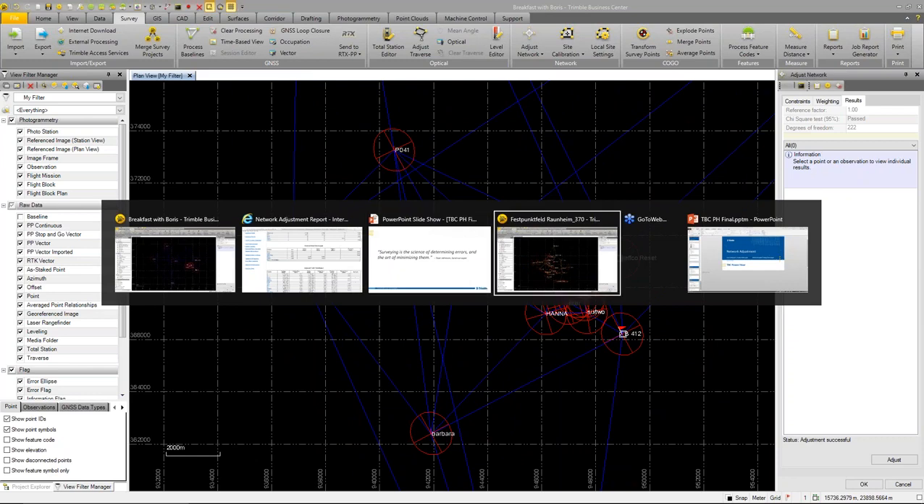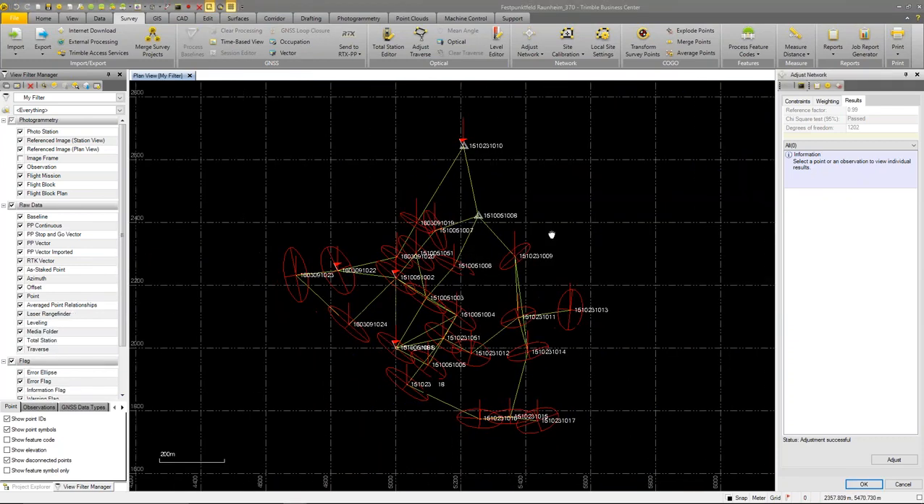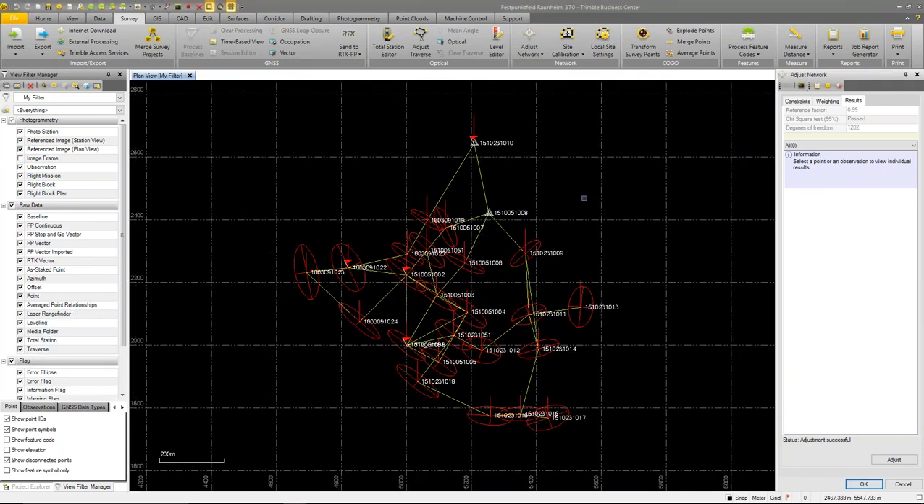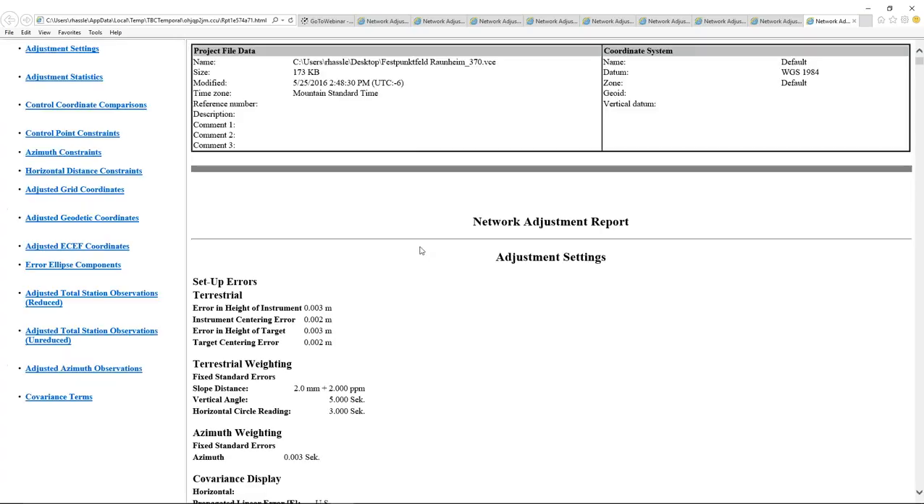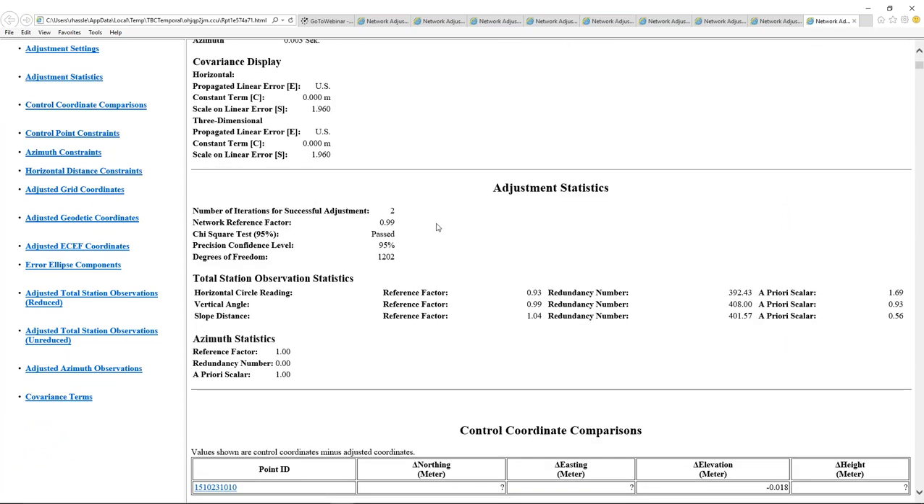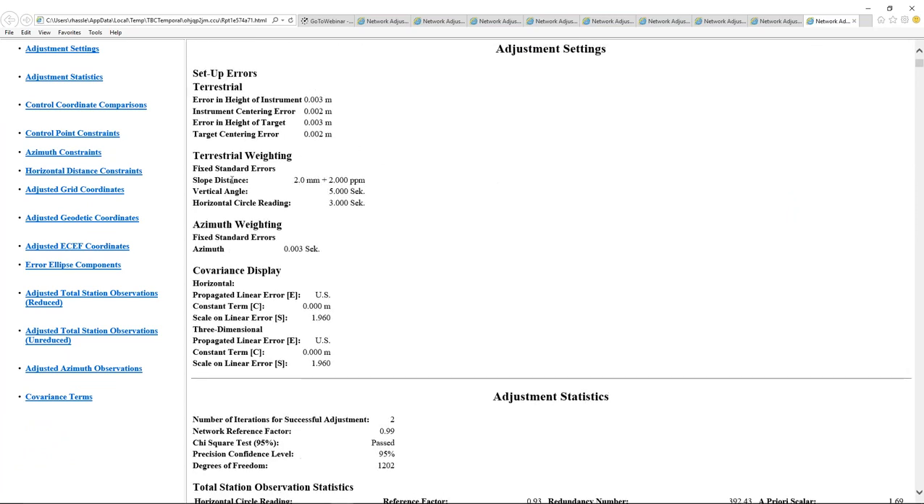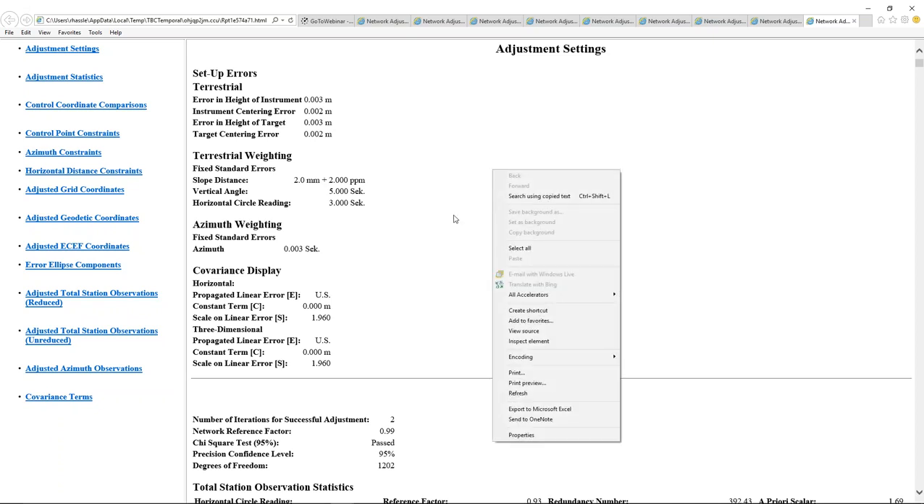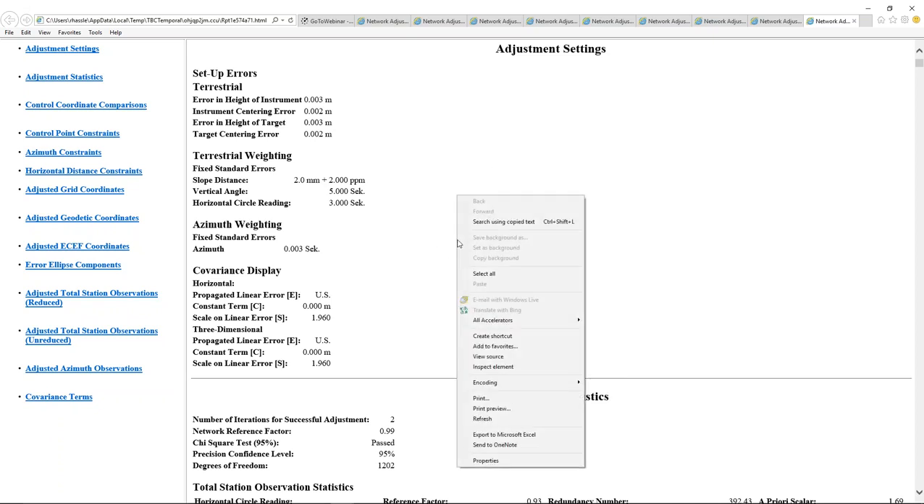Now I have another project that has total station observations, and what you see is I have 3 different data types in this project just because of the nature of total station observations. And I get different reference factors for each one, and I have different error estimates for each one. Slope distances, vertical angles, and circular horizontal circle readings each have their own error estimate that you apply, and when you do the adjustment,